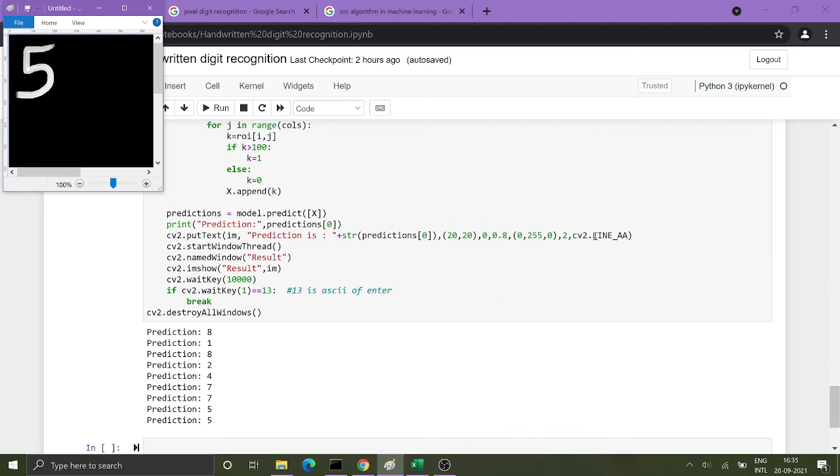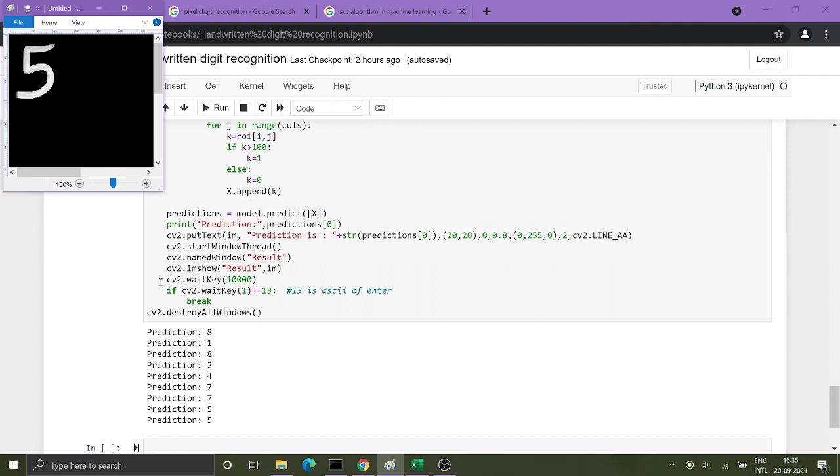Then cv2.LINE_AA. This line will put the text in the window, start the window, name it result, and show our image as well. Whatever I was writing here was shown simultaneously in the output, as you can recall.